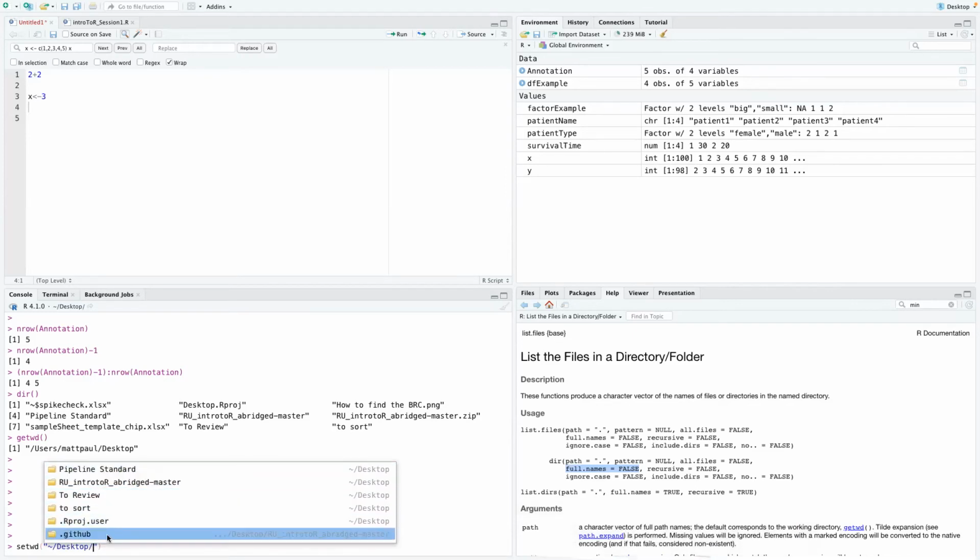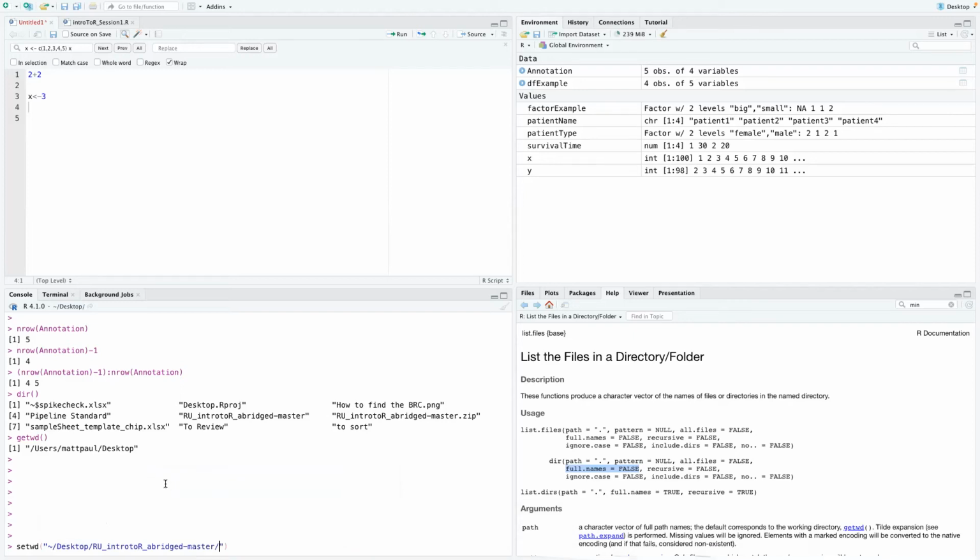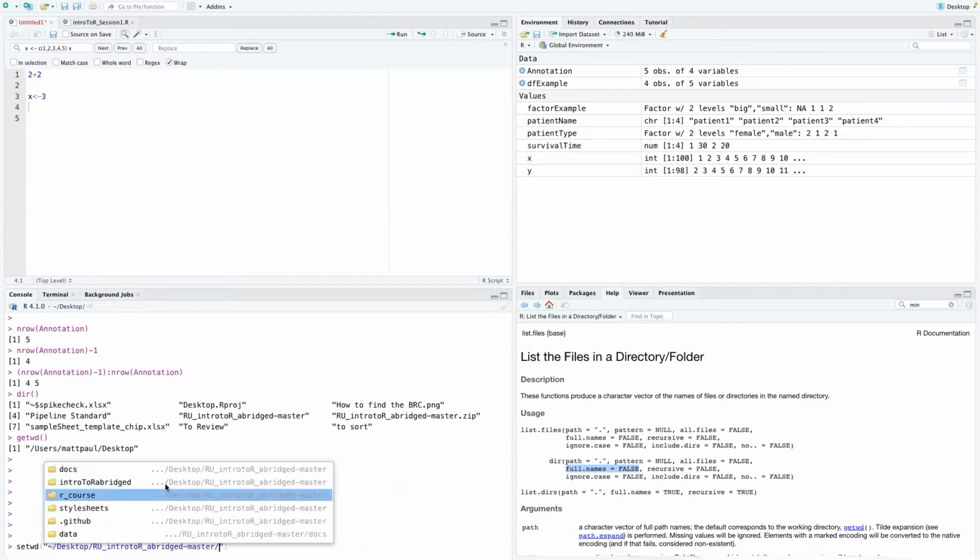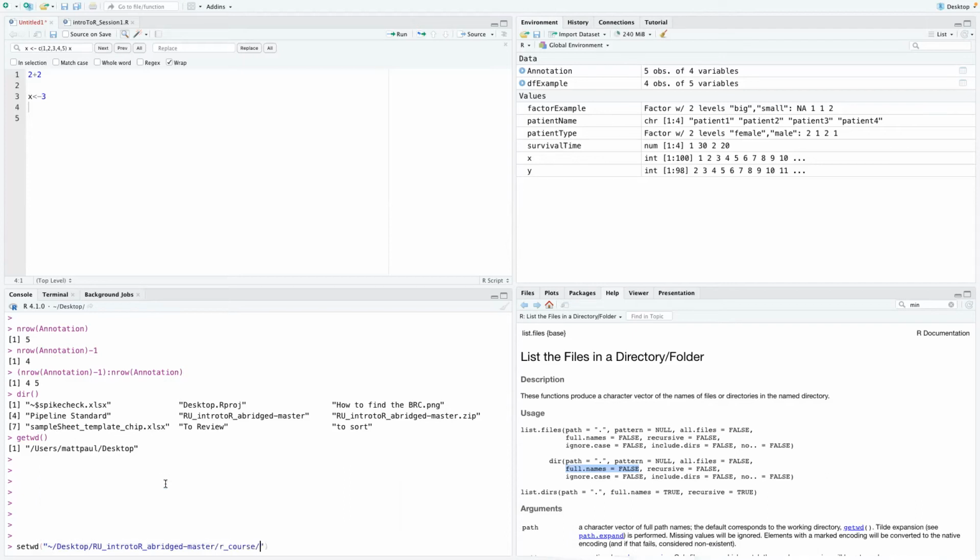Once I've downloaded this course material, it's RU intro to R abridged. It might have master appended to it, it might not, it might have some numbers. It depends on your system. Now I'm telling it to move into there. But I haven't finished yet. I specifically want to move into the R course subdirectory of this. If you can do that,